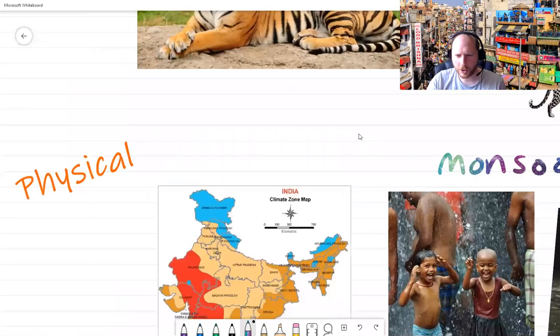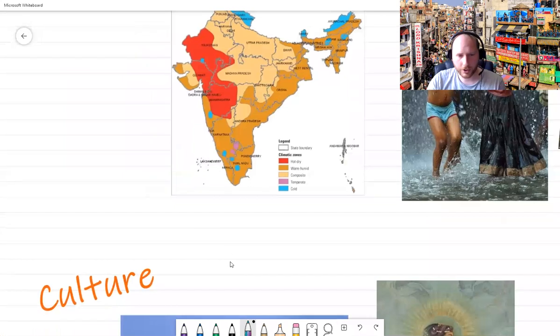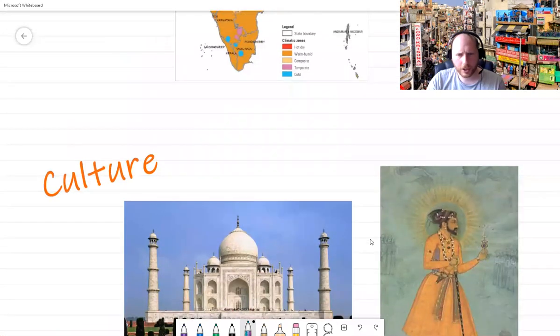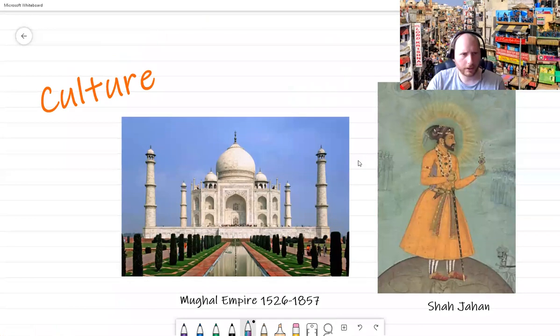Okay. So, hello, Bengal Tiger again. Let's go and have a look at culture. Now, I've tried to save as much time as possible for culture because, well, there's a lot of culture to go for. Now, we'll start with probably the most well-known building in India, which is also going to start us to understand a little bit of the history of India here.